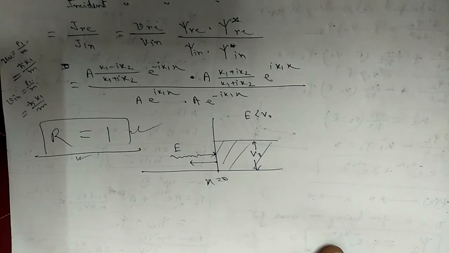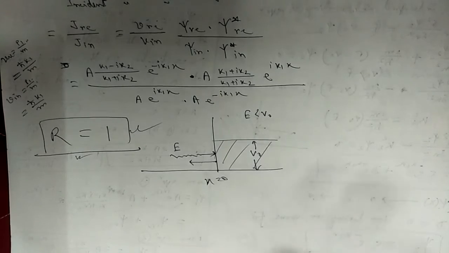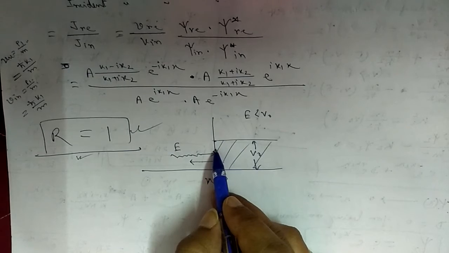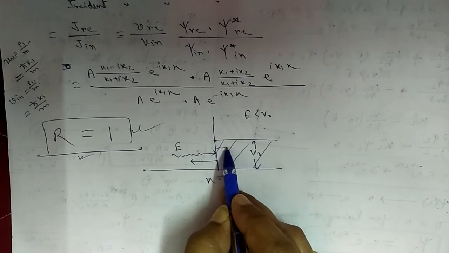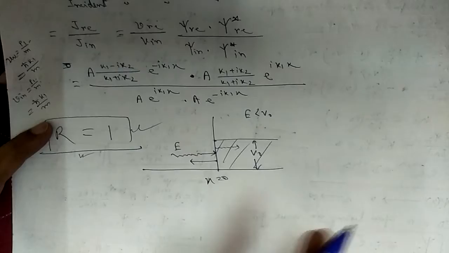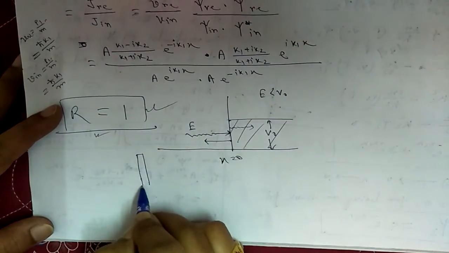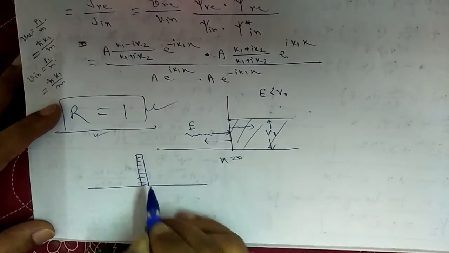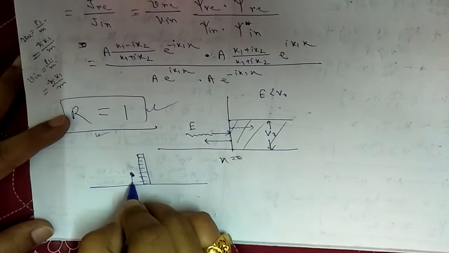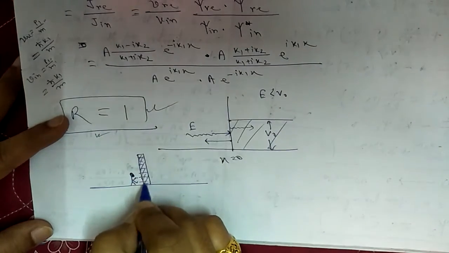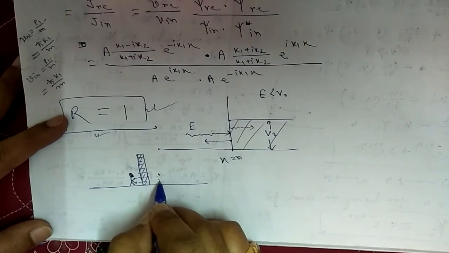Quantum mechanically, we also reach the same conclusion, but quantum mechanics is beautiful. You are going to see a new thing that you have never seen before. Though the barrier height is high, there is a finite probability that part of the wave function will travel to region 2. This is quite similar to this: suppose there is a brick wall in your room and you are pushing the wall or hitting it with your head. Classical mechanically, what is the probability that you will come to the other side?